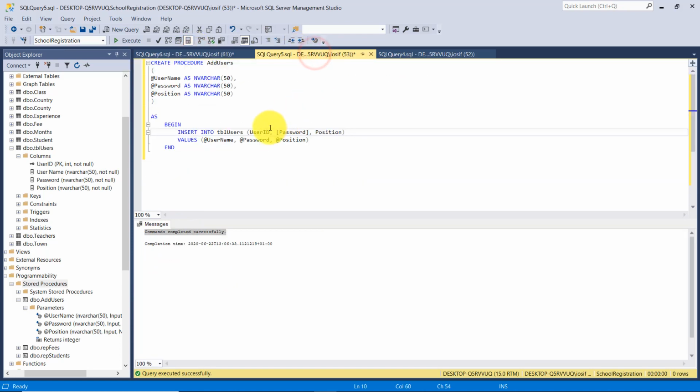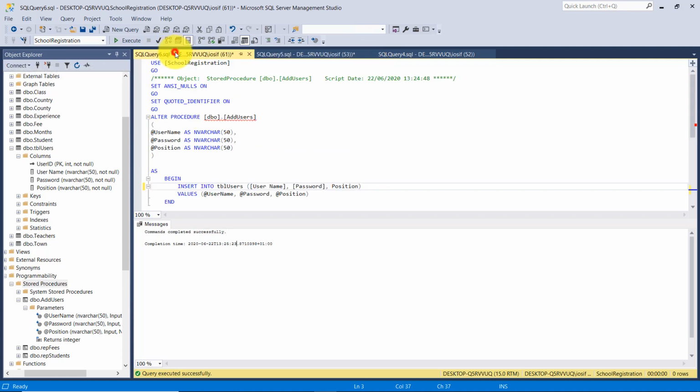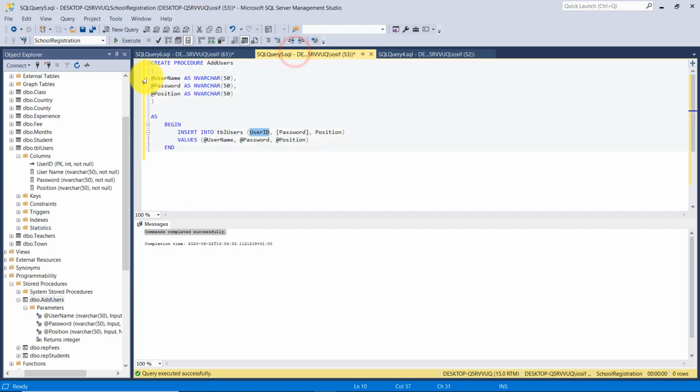As you have seen, I had a mistake. By mistake, I wrote user ID instead of user name. That's why I received that error. Actually, how I fixed the mistake, you just go on the procedure, right click and select modify, and I modified the column from a TBL user which was written wrong, and I replaced user ID with the username, and after that the app worked properly. So this is the procedure,